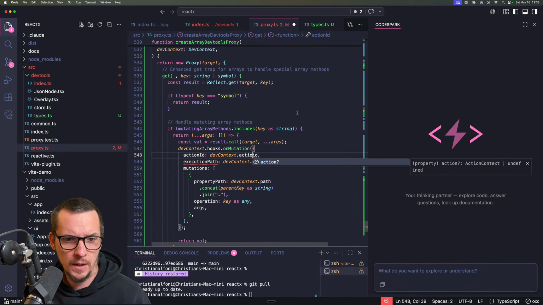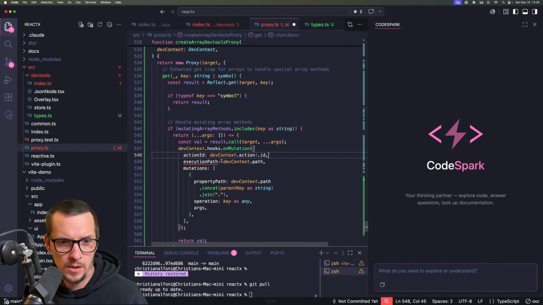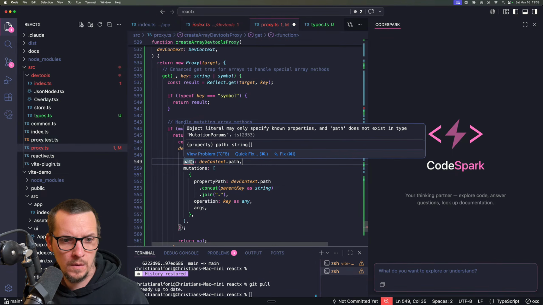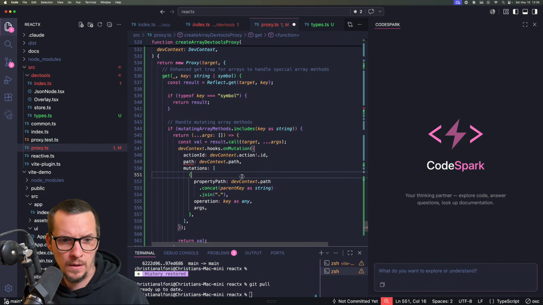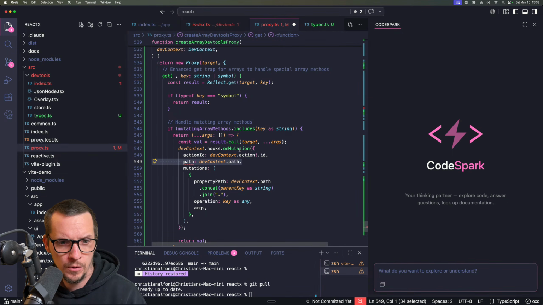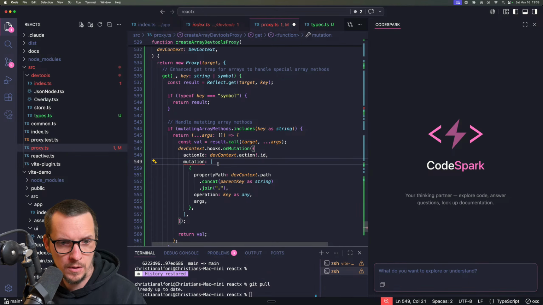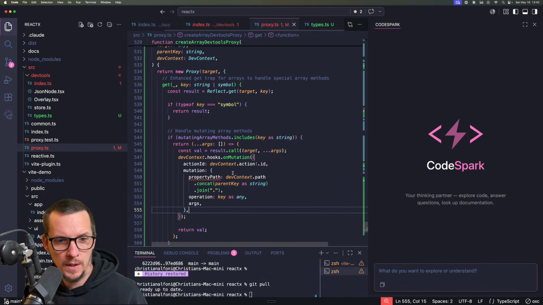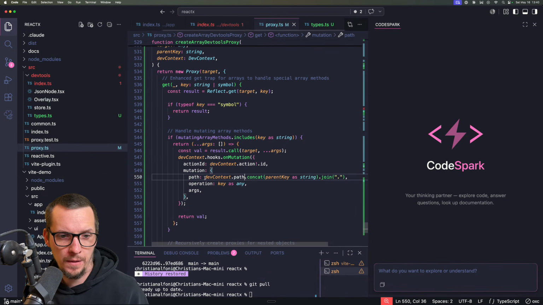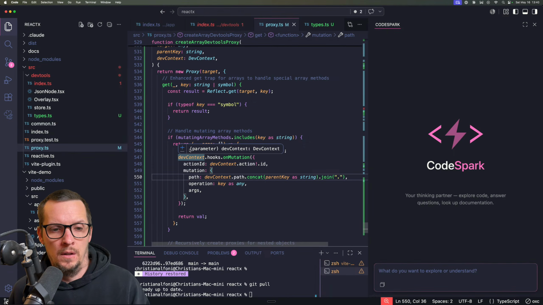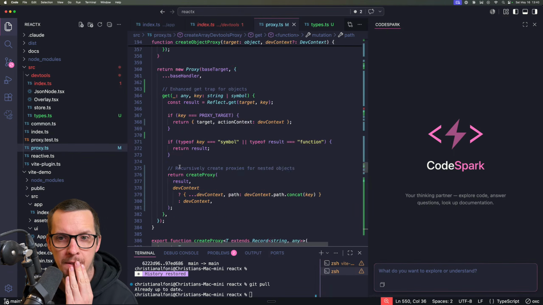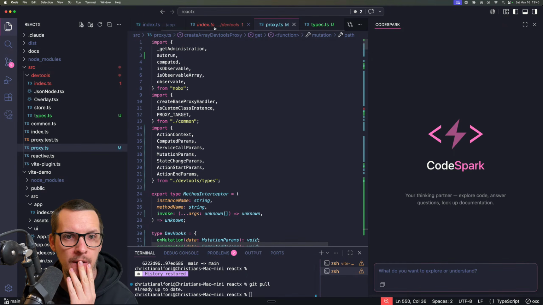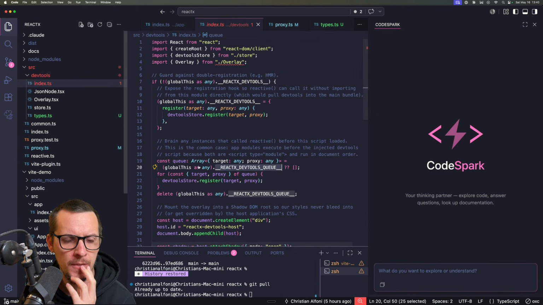Yes, so this would be action ID. You can't change without. Doesn't it have a path? Oh, it doesn't have a... Oh, this is on mutation. So it's mutation. None of that stuff. Here it has the path. Cool. This is great. Look at that. It's running green. Okay, so